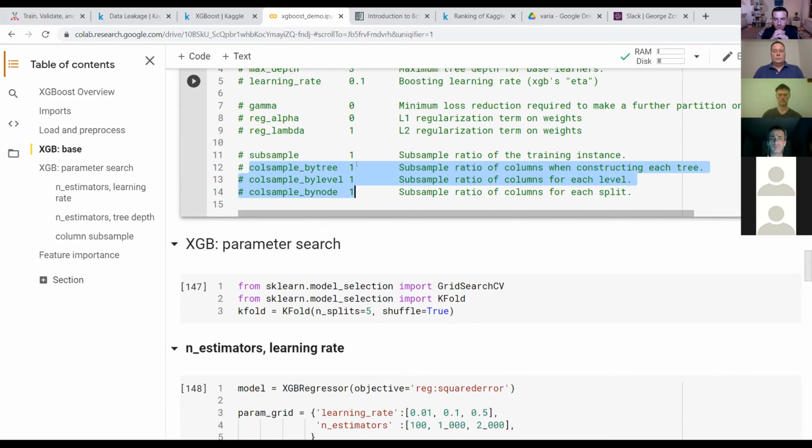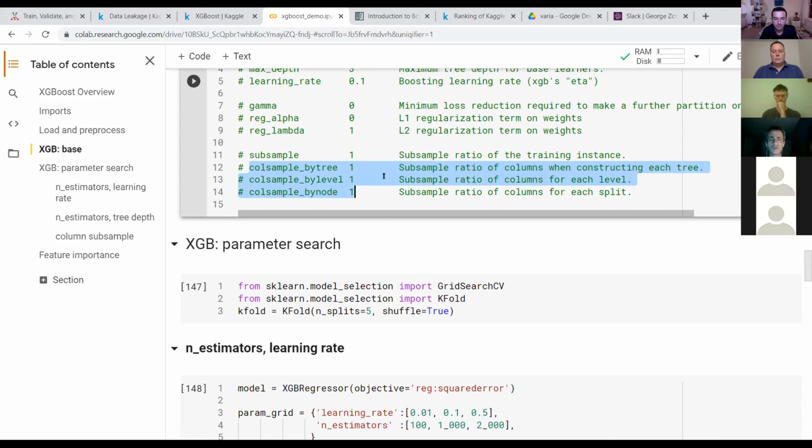If this is 1, as we have here, at each step it will take 100% of the features. But we may have 0.5, for example, and it will randomly take 50% of the features at each step, or at each node, or at each tree.